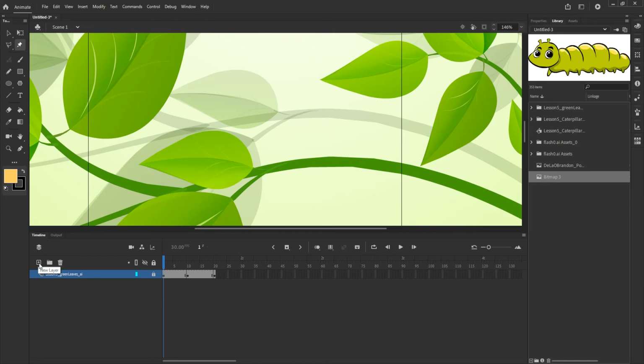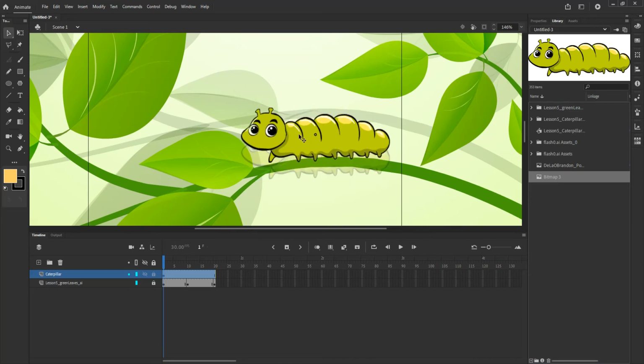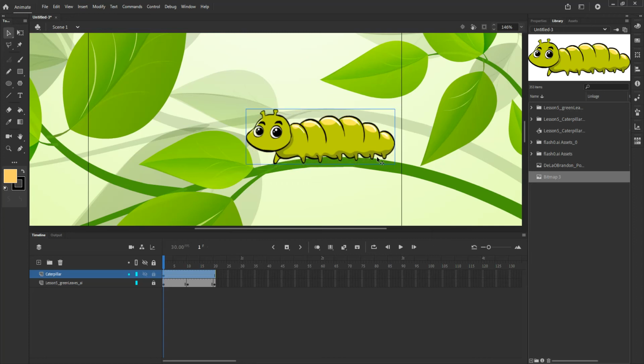So what I want to do is create a new layer. I'm going to call it caterpillar. And I want to drop that image onto the stage. Now, I just want this caterpillar to take a step. I just want to move it forward down the stem. And in order to do this, I want to make use of that AssetWarp